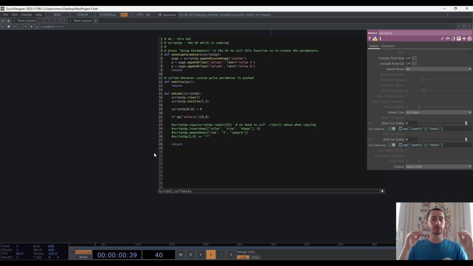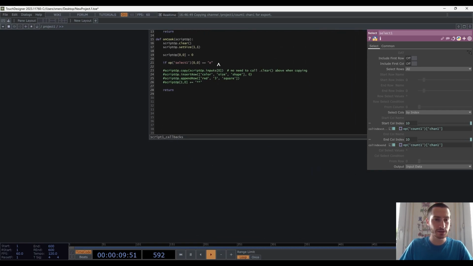So if the cell, colon 0 row 0 of select 1 equals... oh, well, I was in the brackets, equals E. There are two equals because we're not saying this is the result, we're saying it's a Boolean comparison, and the result of that is not a number, it's not like adding things, it's just true or false. So if operator select 1 0 0 equals E, so if the string inside that is the letter E,